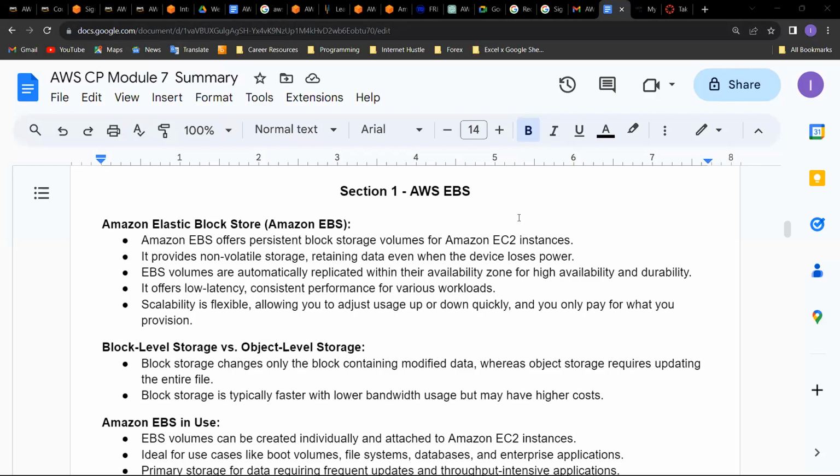Okay. So today we are looking at storage, module 7 of our AWS Certified Cloud Practitioner Essentials course. AWS offers a wide range of storage services, right? The first one that we are going to look at is the Amazon Elastic Block Store, abbreviated as EBS. So EBS is a block storage device. And when we say something is block storage, you store your data in blocks, right? So whenever you are updating your volume,